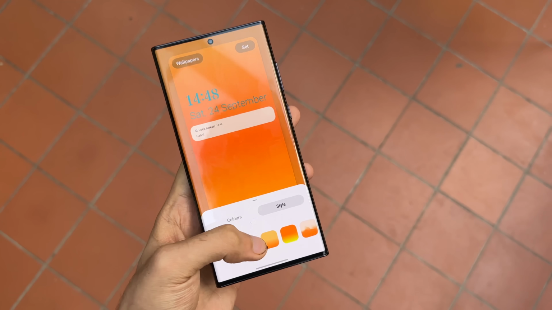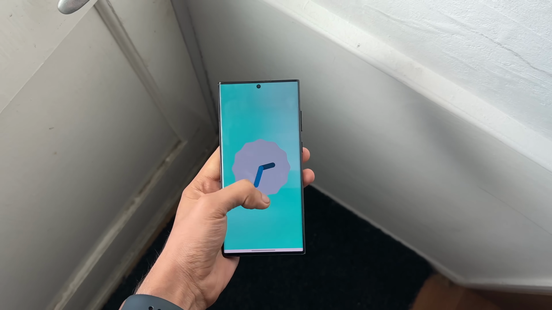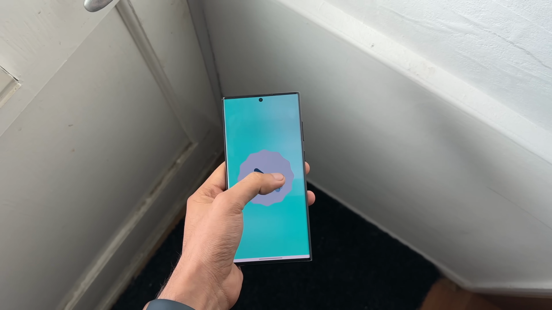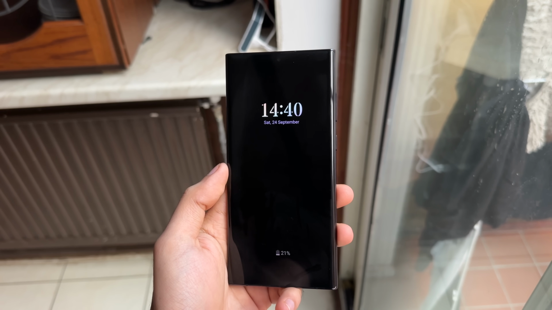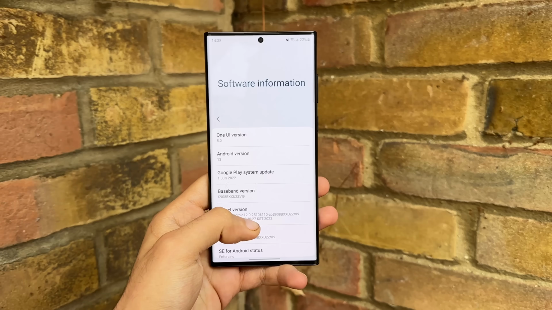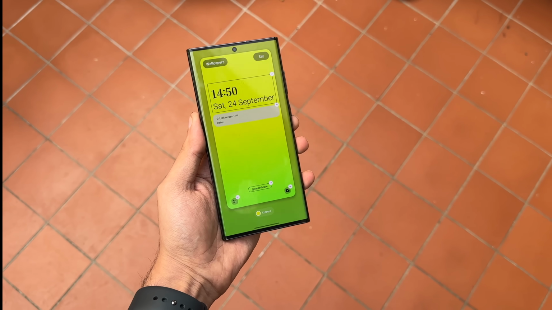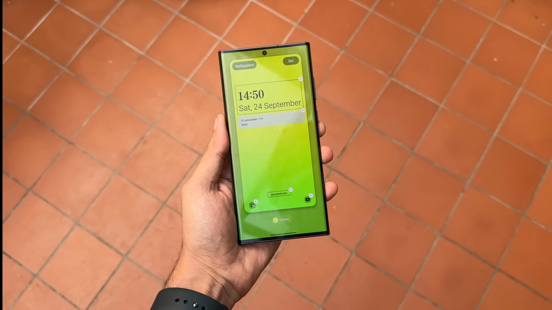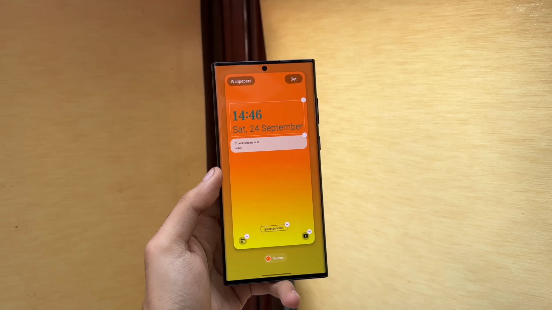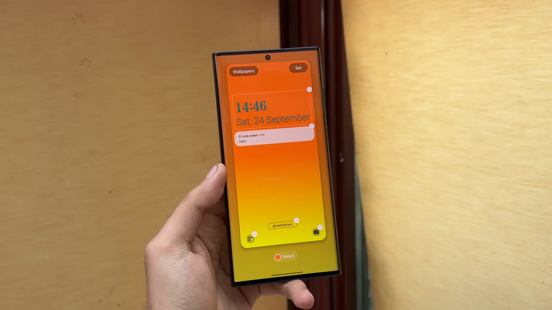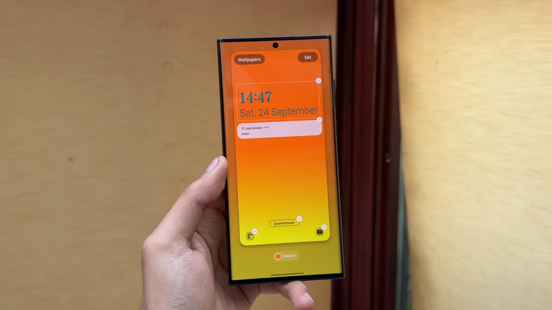Samsung has taken a page out of Apple's book, literally, and put their own spin on it, which I am absolutely loving. The One UI Beta 3 is officially here. It has some bug fixes and everything, and with that it brings the biggest lock screen and wallpaper customization ever on One UI. The Beta 3 brings a huge revamp of the wallpaper customization for both home screen and lock